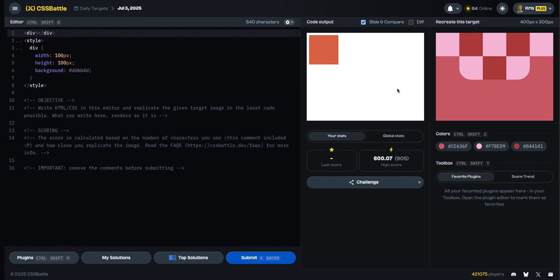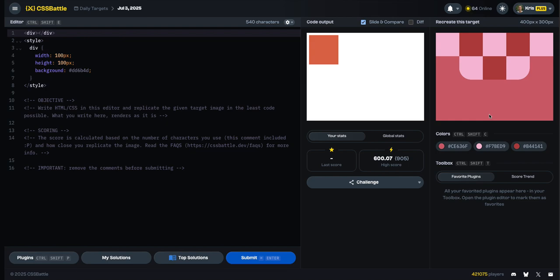Okay, so one of the first things I always do is try to get a game plan for how I'm going to do this. It's one of the biggest things I always take into consideration. Am I using display flex? Am I using display grid? Or am I using position absolute, relative, etc.? Or a combination of 2 or 3 of those, right? So when I first saw this one,